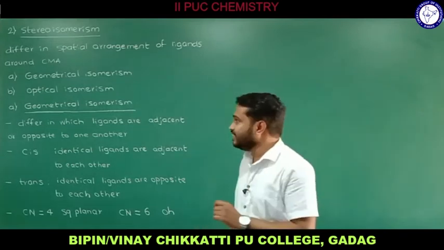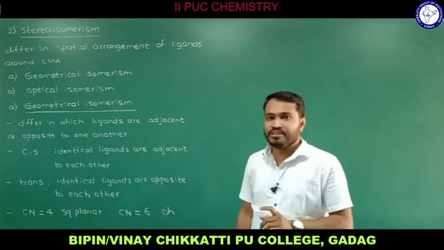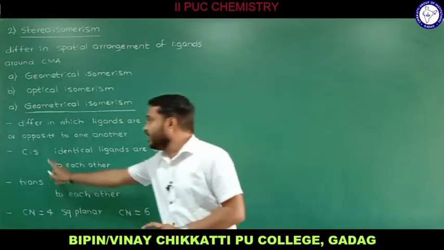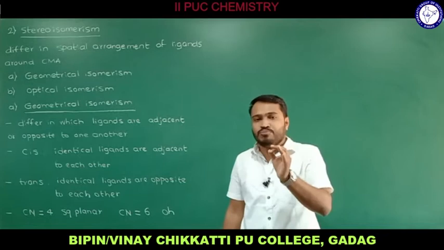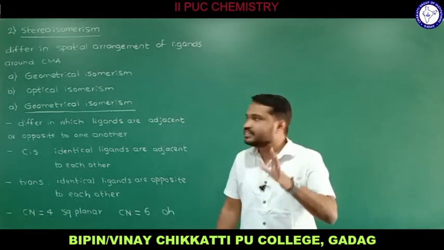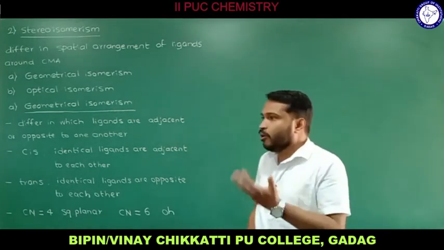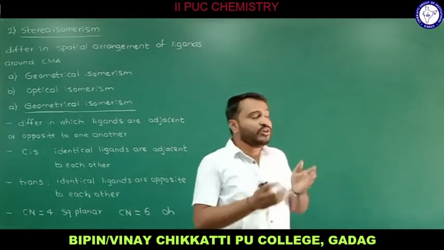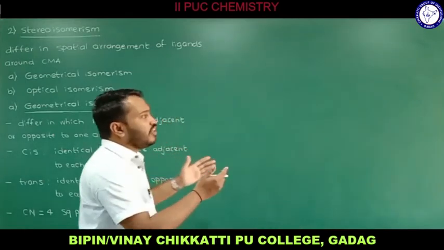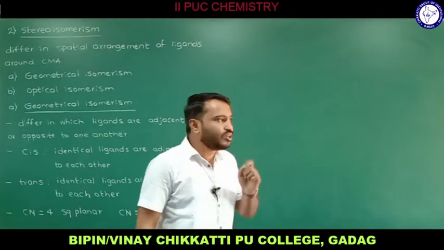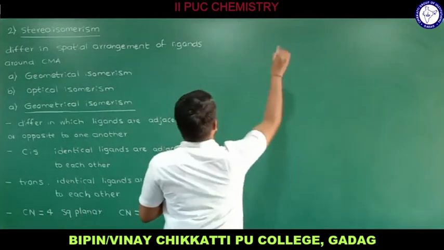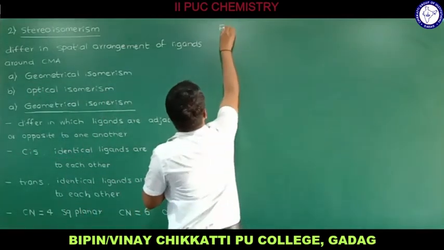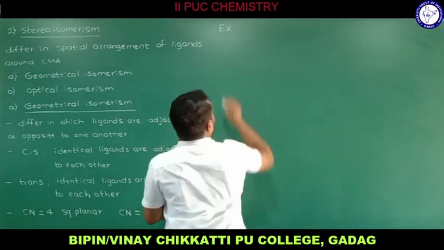That is the theory related to geometrical isomerism. Remember how to name a particular isomer as cis and a particular isomer as trans. In the examination, they will mention one particular complex or coordination compound, and you are supposed to draw the cis isomer and the trans isomer of that. So let me consider one example and see how we can write the geometrical isomers, cis and trans.